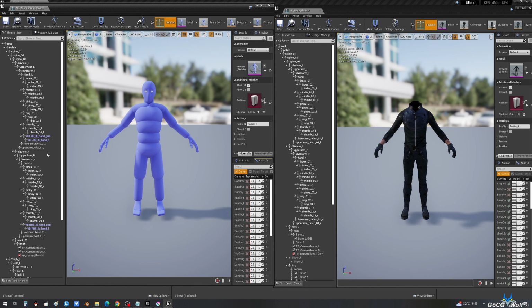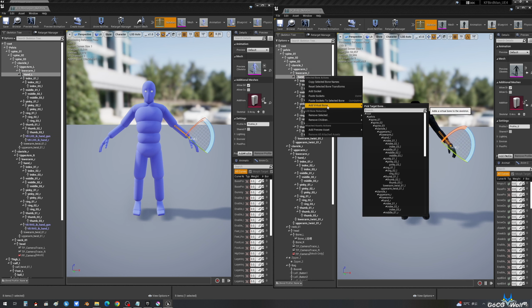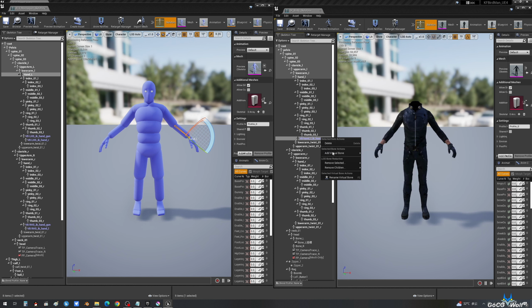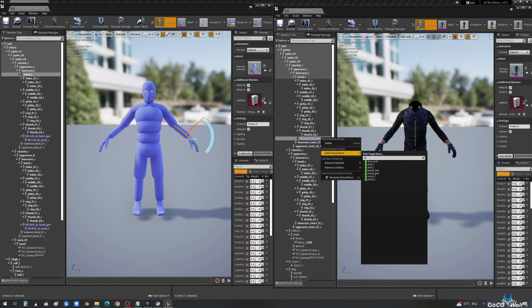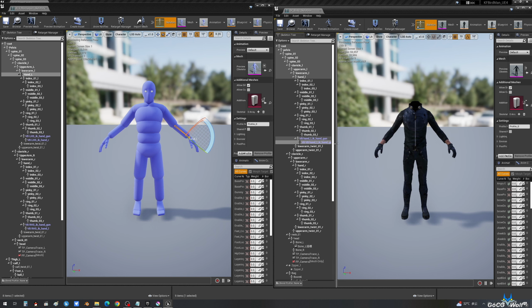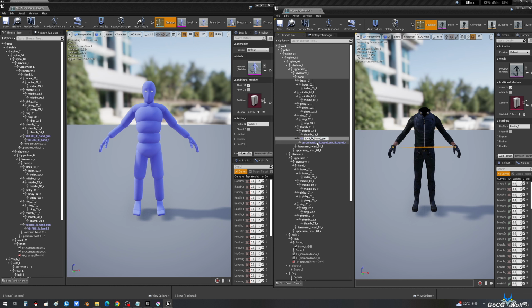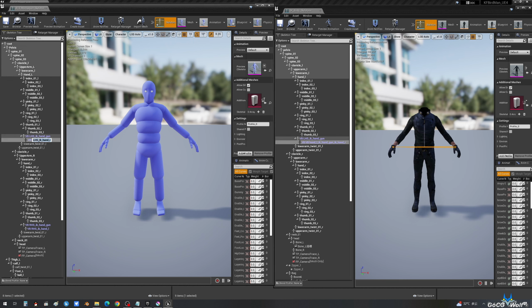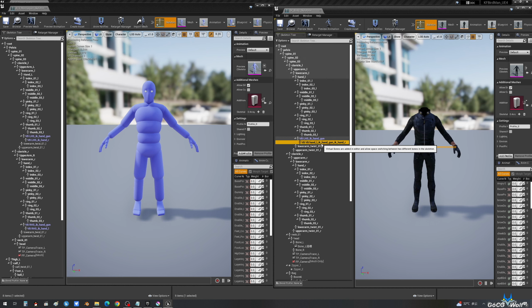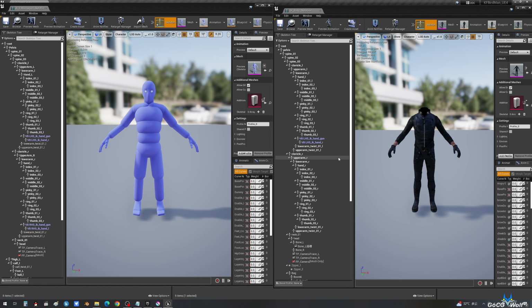We are going to add ALS virtual bones for the KFB character. Select IK handgun. Then add again. Then copy the name over. Then to this one.